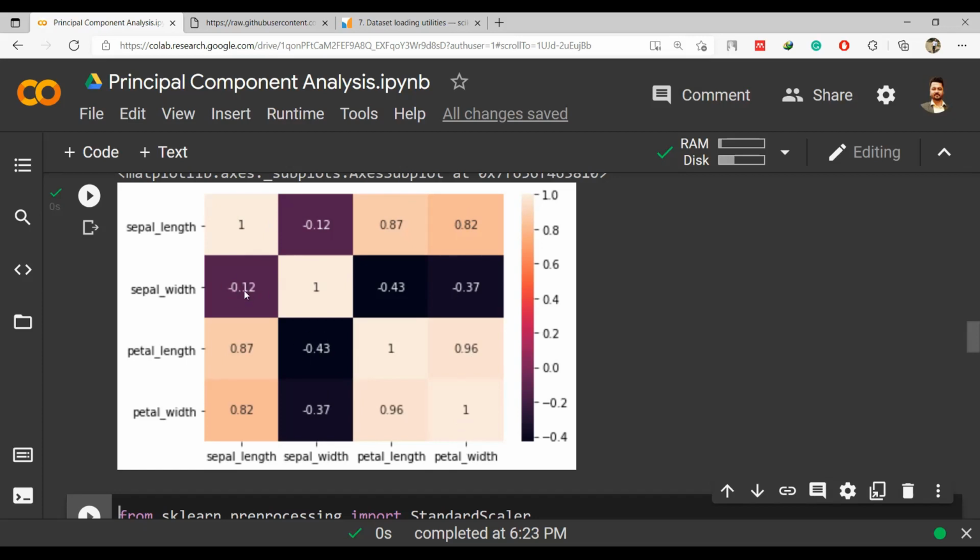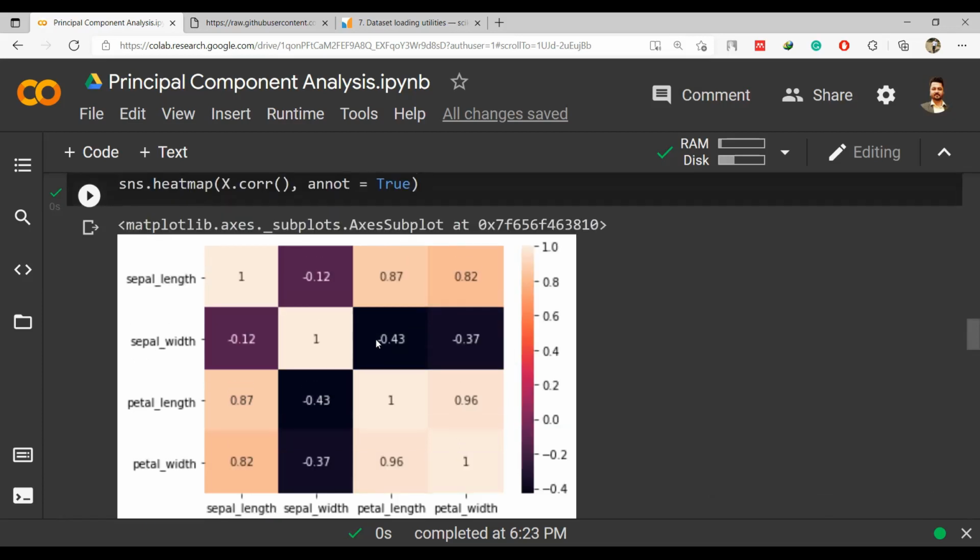So can anyone tell me what is the range of correlation? What is the official range of correlation when we are checking the correlation? What is the range that we expect the values to be? I have got a message from one of you in the chat box: -1 to 1. It is correct. So obviously -1 to 1 is the correlation range, and higher the number, more the correlation.